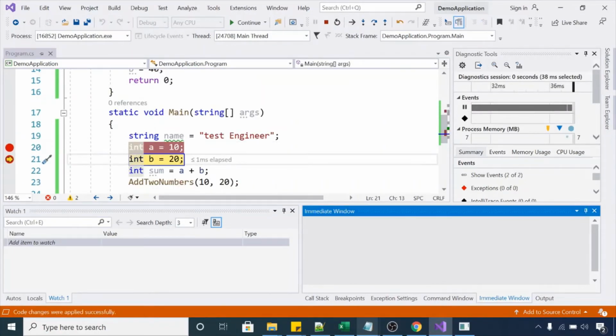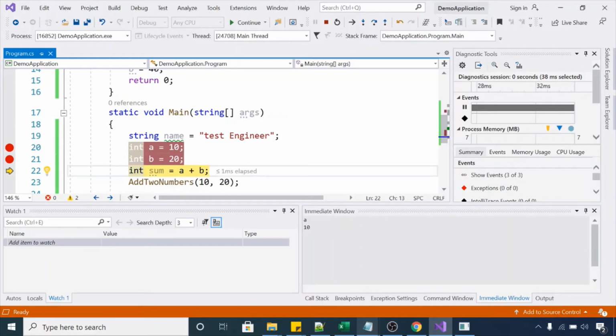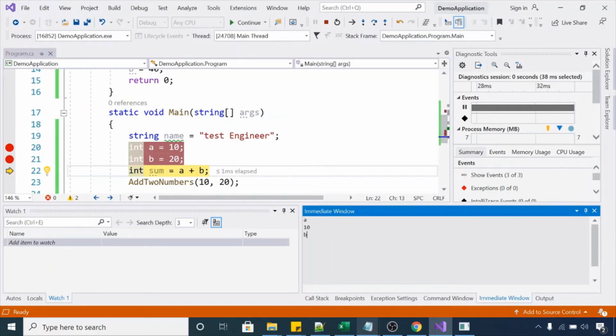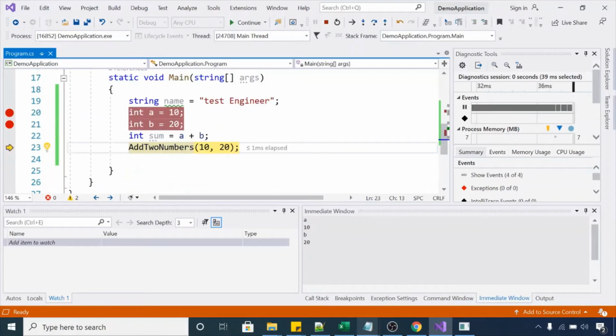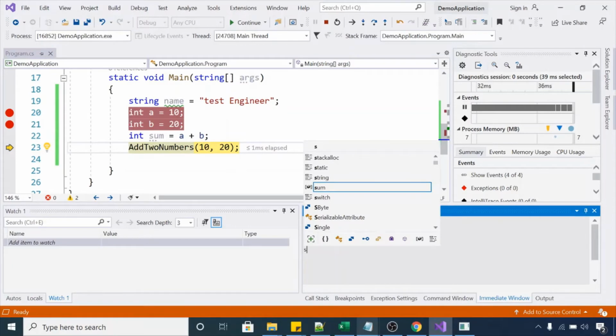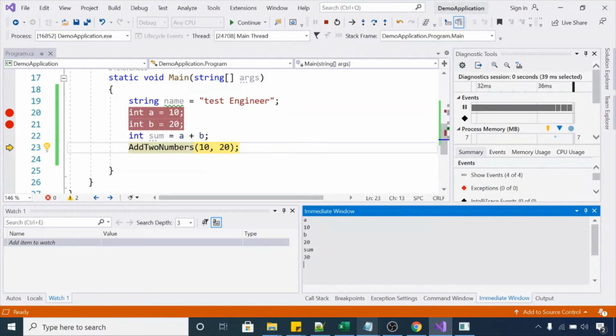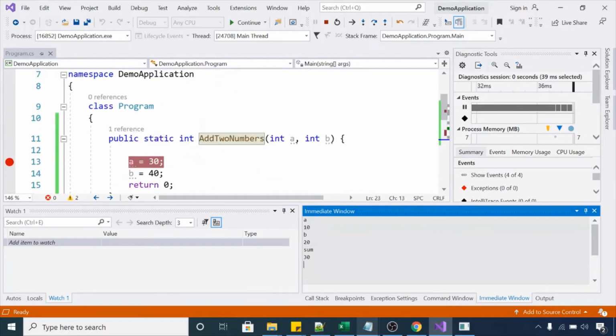If I fetch the value of a, it will give me 10. Similarly, if I get the value of b, it will give me 20. Let me evaluate this expression. If we fetch the value of sum, it will give me 30.